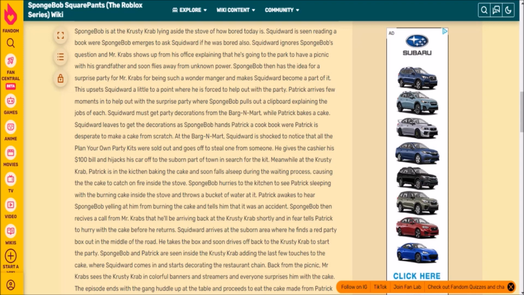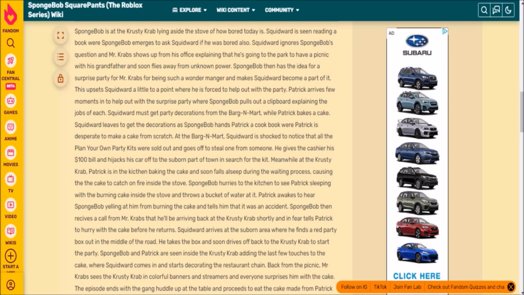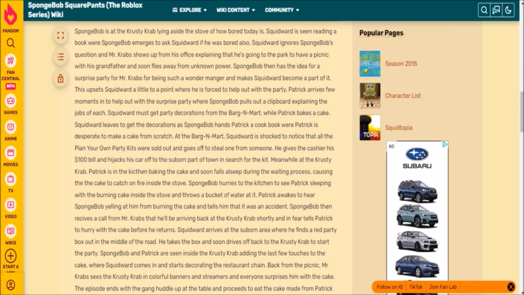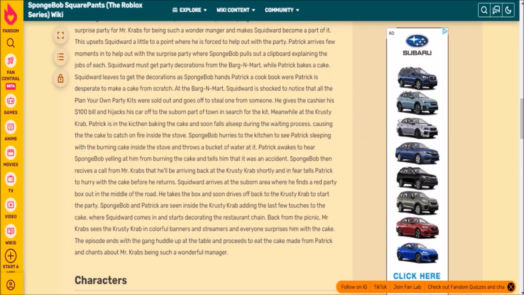And he makes Squidward become a part of it. This upsets Squidward a little, to a point where he is forced to help out with the party. Patrick arrives a few moments later to help out with the surprise party, where SpongeBob pulls out a clipboard explaining the jobs of each. Squidward must get party decorations from the bargain mart while Patrick bakes a cake. Squidward leaves to get the decorations as SpongeBob hands Patrick a cookbook, where Patrick is desperate to make a cake from scratch. At the bargain mart, Squidward is shocked to notice that all the Plan Your Party kits were sold out and goes off to steal one from someone. He gives the cashier his $100 bill and hijacks his car off to the suburban